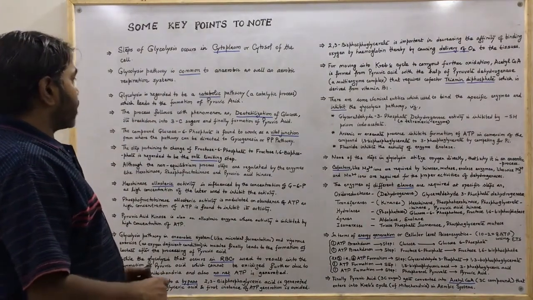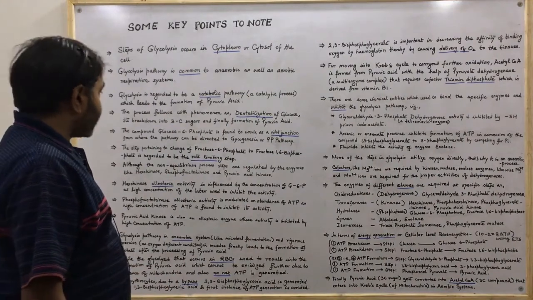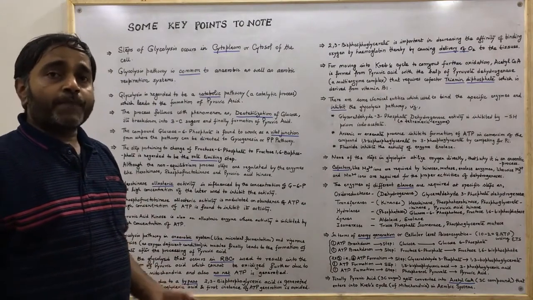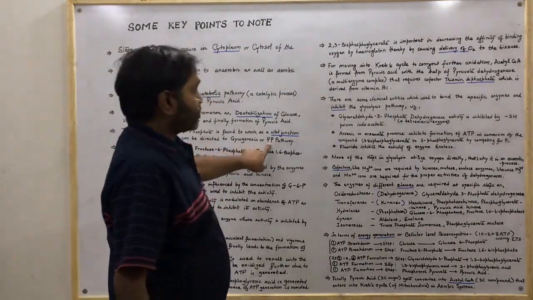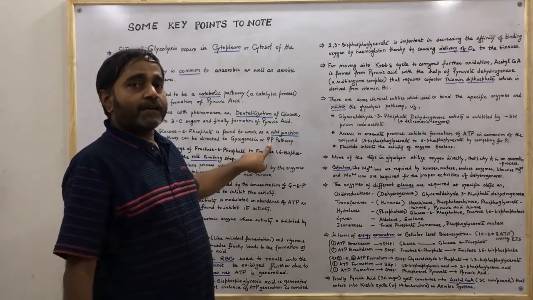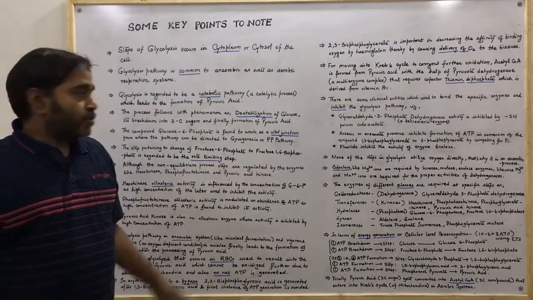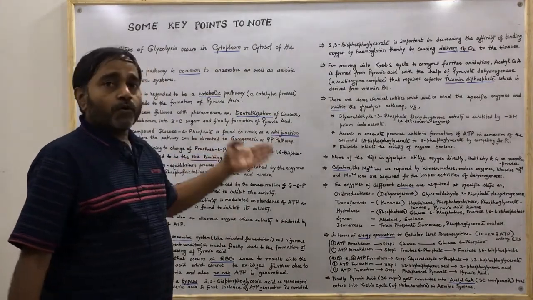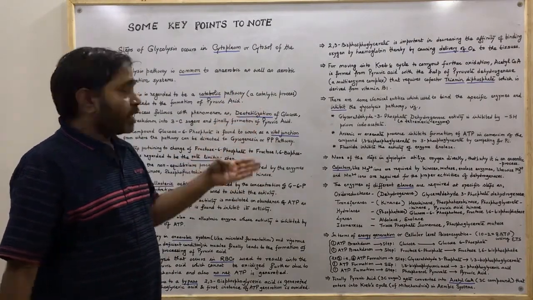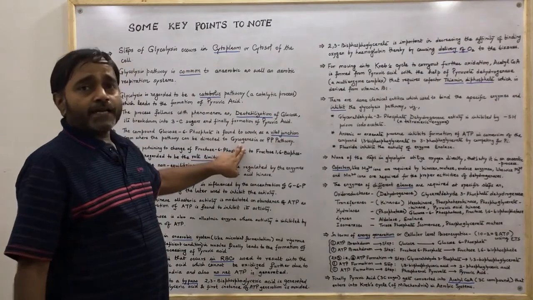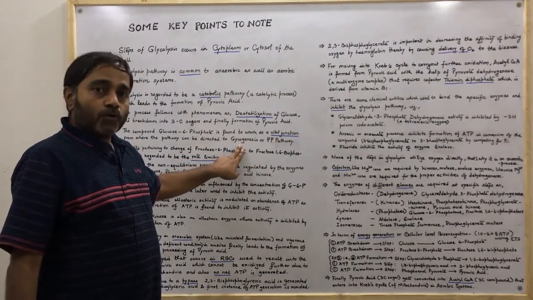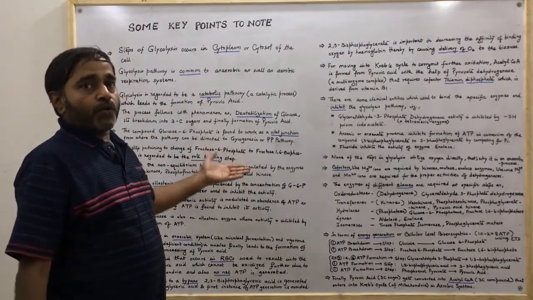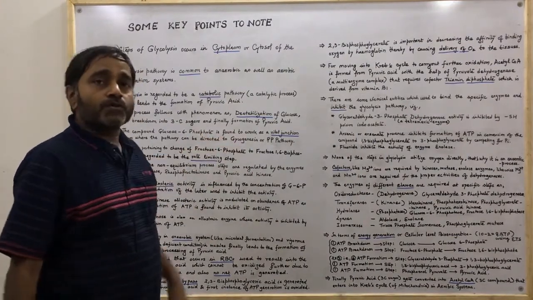The compound glucose 6-phosphate works as a vital junction from where the pathway can be directed to glycogenesis or the pentose phosphate pathway, which we can write in abbreviated form as PPP. That's why I have written pentose phosphate pathway here. On one side, 6-phosphogluconolactone can be formed, which enters into the pentose phosphate pathway. On the other side, glucose 1-phosphate can be formed from glucose 6-phosphate, and that will enter into glycogenesis. So as per the requirement, this occurs at the junction. That junction is glucose 6-phosphate.